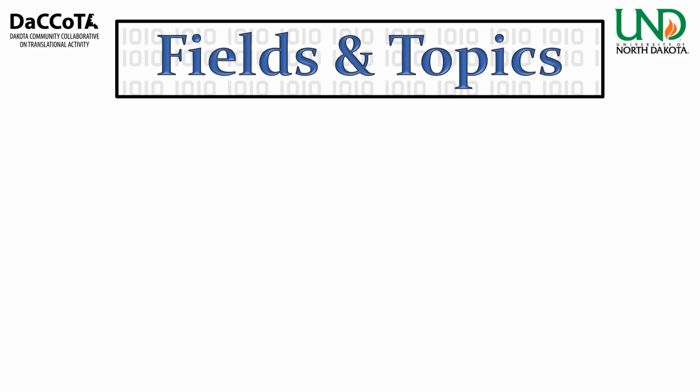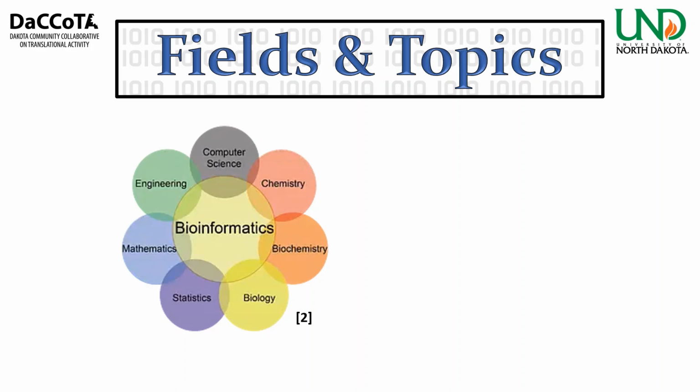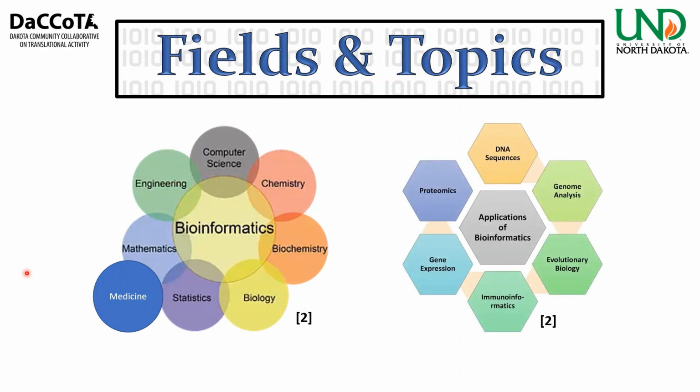It's such a widely applicable field, there are a lot of moving parts, so it's really hard to pin down exactly what fields bioinformatics covers, because it touches a lot of different fields. So I found this is the best infographic I could find, and you can see bioinformatics covers a lot of things from biology, biochemistry, chemistry, computer science, engineering, mathematics, statistics. You see it touches all those topics. So an important discipline that I felt was left out here was actually medicine, so I sort of wedged it in there. And what topics it covers, or maybe you could call applications, from the same reference, you can see that